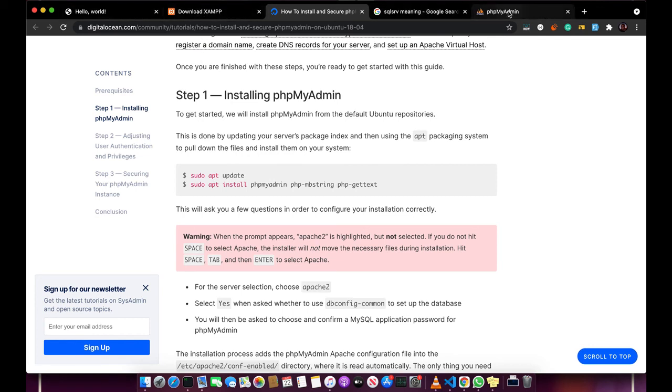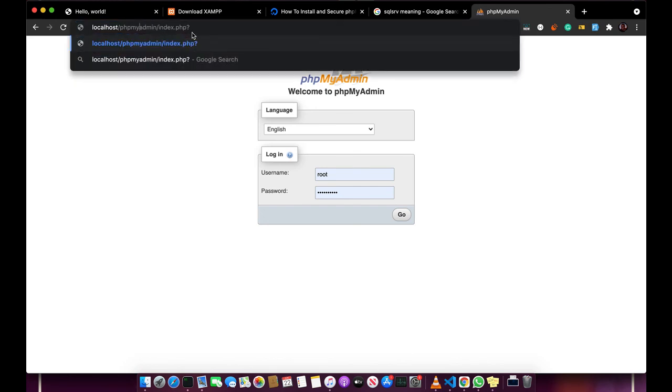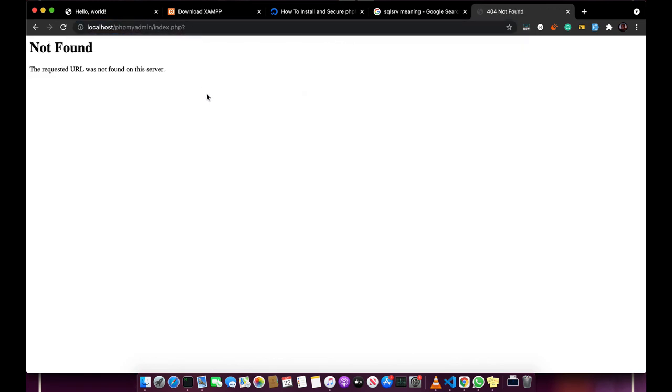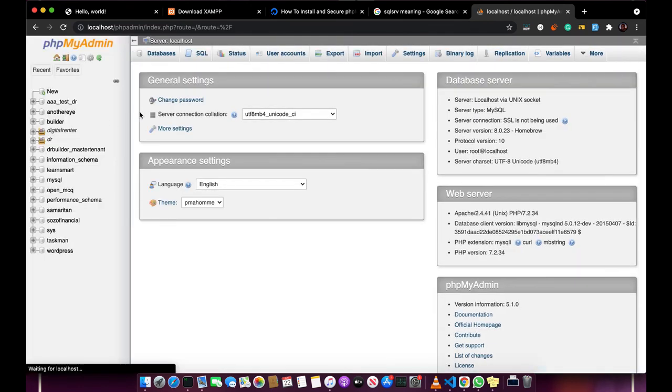On your browser, you go to localhost/phpMyAdmin. It's supposed to be phpMyAdmin, but I had my own customized, so for mine that will not work. It's localhost/phpMyAdmin, and it will give you this. You log in with the root and a password. I already have my root and password. This will give me access to quite a couple of other assets